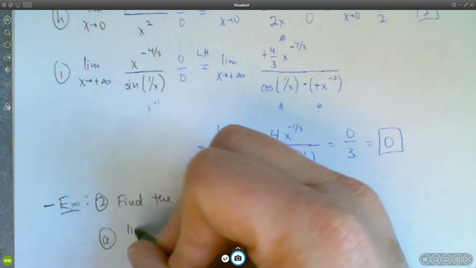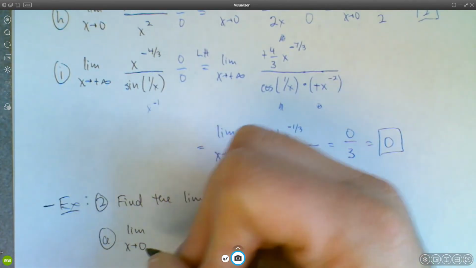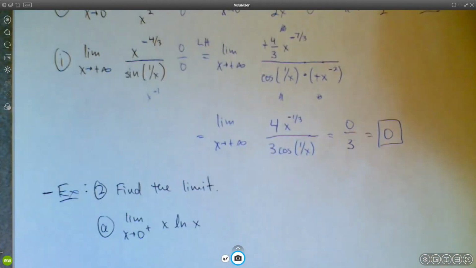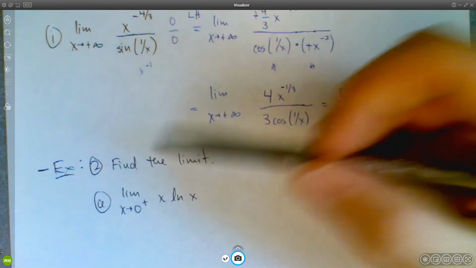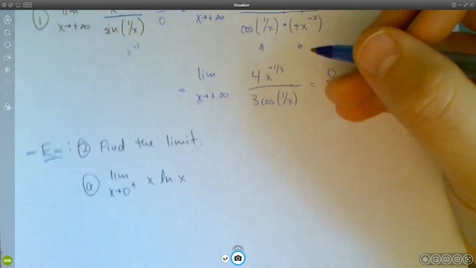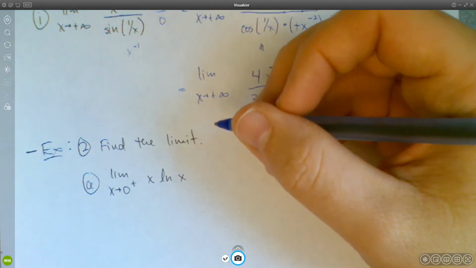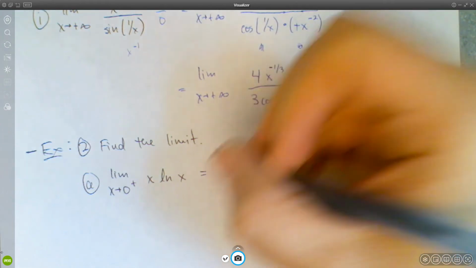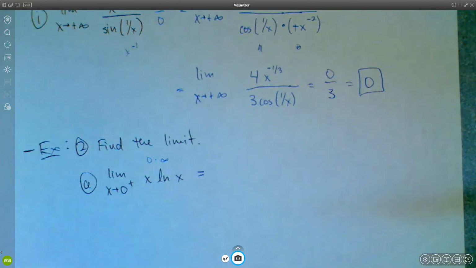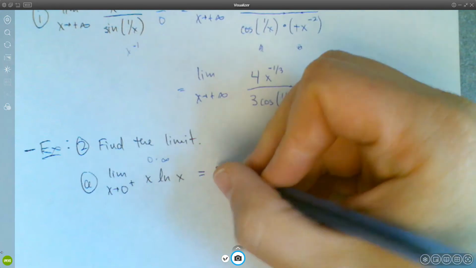Okay, so let's do the limit as x approaches 0 from the right of x times natural log of x. We've already looked at this one, right? This is 0 times negative infinity. So it's an indeterminate of the form 0 times infinity. But we can fix it up, right? Here's kind of the standard trick. So this is 0 times infinity, right? So we're not going to apply L'Hopital's rule to it. Obviously, we can't apply L'Hopital's rule when it's in this format, but what we can do